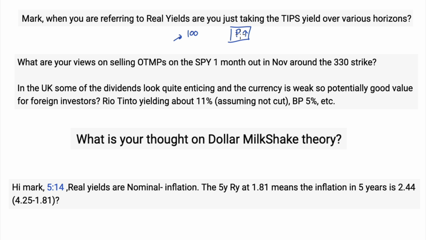In the UK, some of the dividends look quite enticing and the currency is weak, so potentially good value for foreign investors. Rio Tinto yielding about 11%, assuming no cuts, BP 5%, etc. Yeah, except you have something called a foreign withholding tax. So if you find a stock in the UK yielding 10%, that is 10% for a UK investor. If you're an American investor investing in the UK, that is 10% less whatever they decide to withhold. And it could be up to 30%, which might mean it's only a